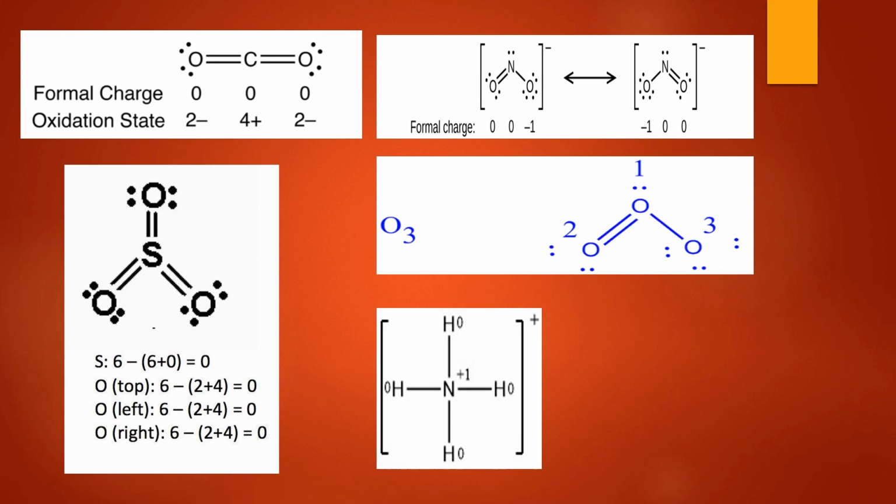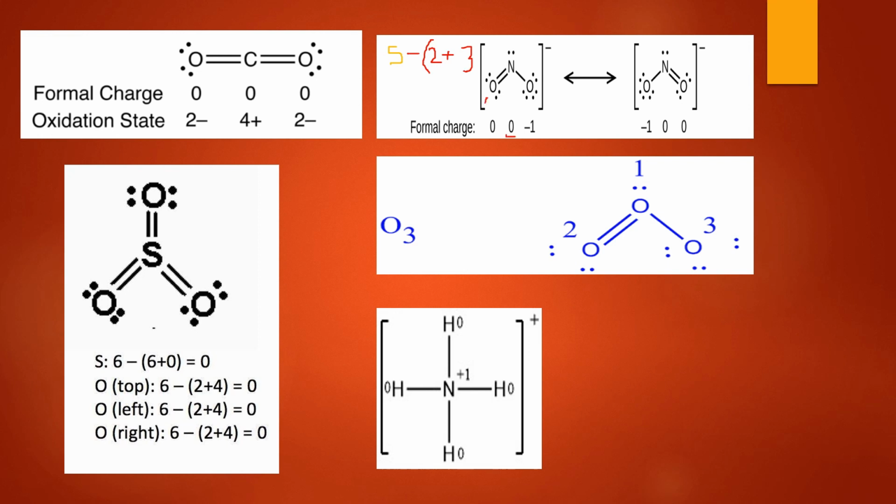Now if we calculate for nitrogen, how many valence electrons are there in nitrogen? In nitrogen we have 5 valence electrons, right? Then minus sign, then bracket, then how many unshared electrons? 2. So write 2 here. Then the number of bonds: 1, 2, 3. So plus 3. So 5 minus 5 is equal to 0. So there is 0 charge on this nitrogen.